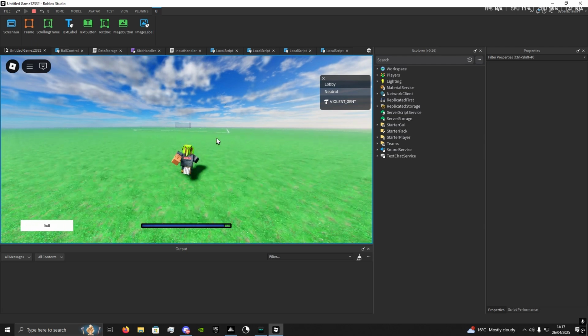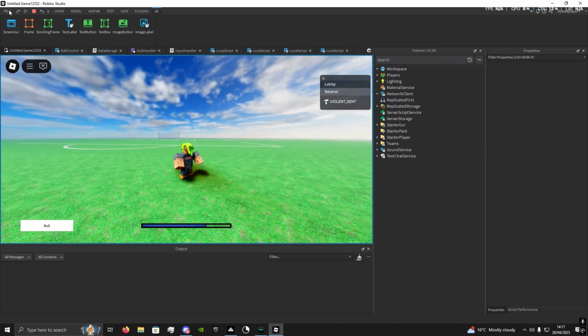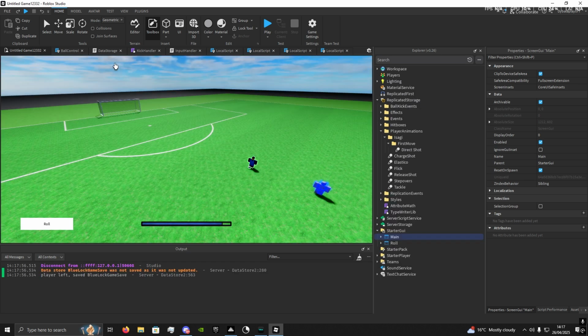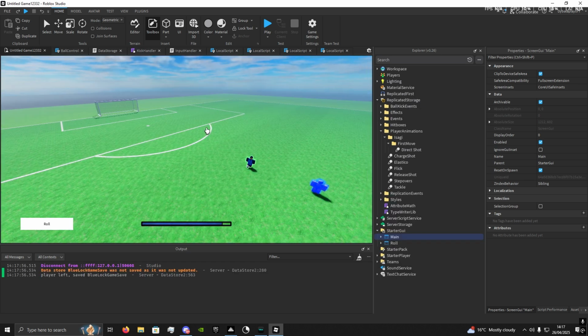You have to have your own animations and sounds, but those aren't hard to do. You can use another tutorial for that. Okay, so